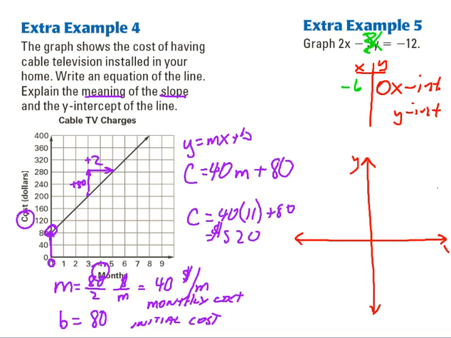And then, to find my y-intercept, it's where it crosses the y-axis. I notice it doesn't move left or right, so x will be equal to 0. So 2 times 0 is 0, makes that disappear, giving us negative 3y equals negative 12. Divide by negative 3, and I get y is equal to